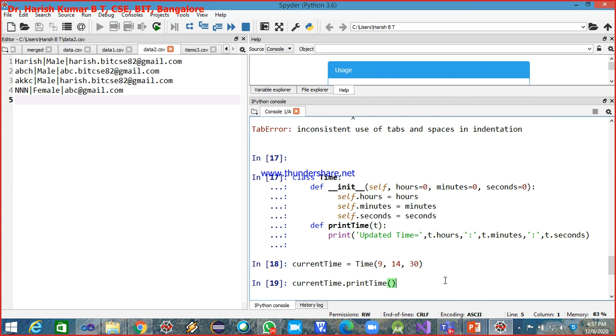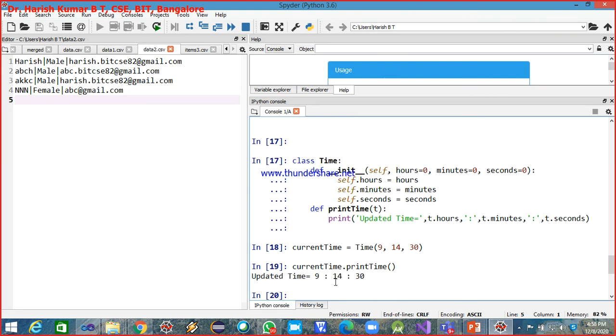Print time, I don't pass anything. Now when I'm not passing anything, implicitly this object is converted into a self object. Okay. So now the updated time got printed.